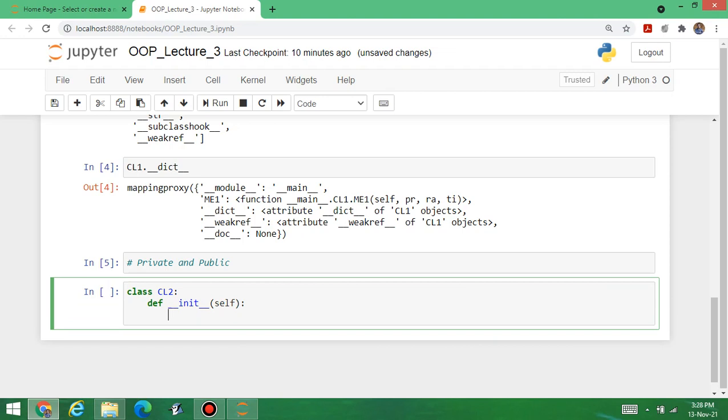Now, suppose I am writing self dot name is equal to, in double quotes, Sukhveer Singh. Suppose this one is the name. This one is a public attribute.